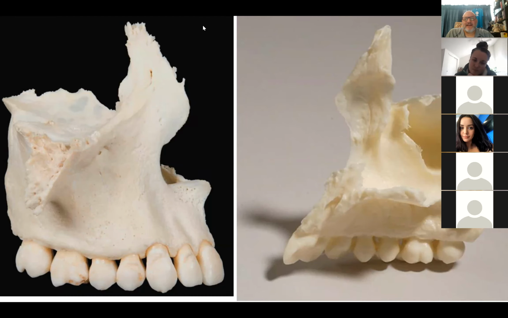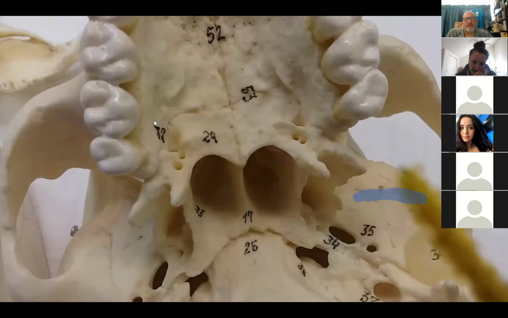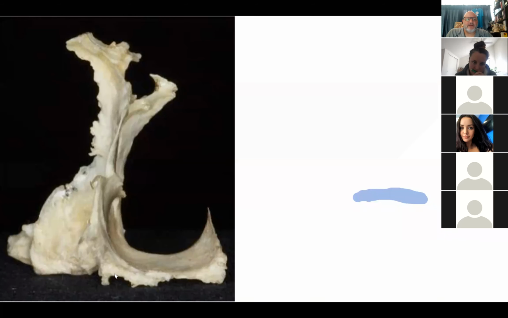But this tiny little piece that sticks out right here, this flat part, that is the palatine process that helps to form the underside of the roof of the mouth, right? Here's the palatine bone. This whole thing is the palatine bone, but this flat part right here is the horizontal process. So when we look at the skull from underneath,